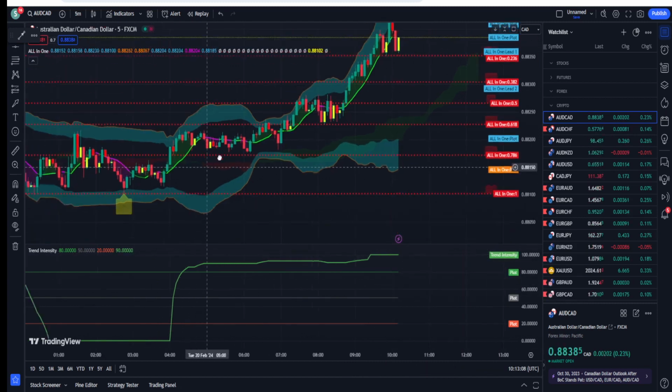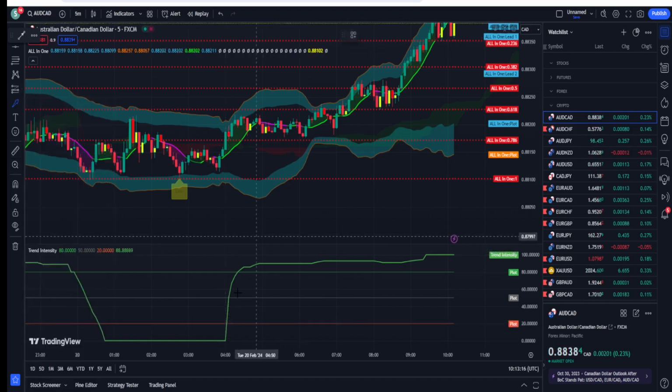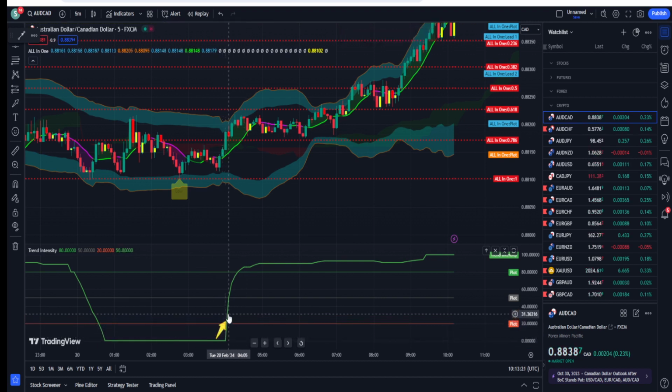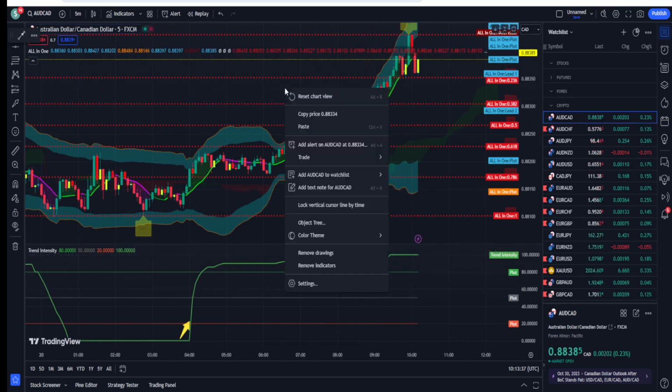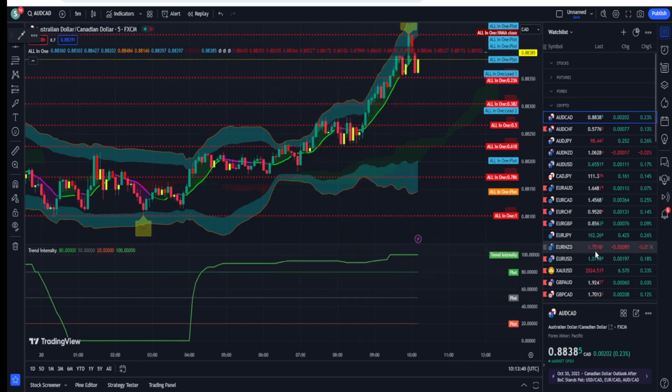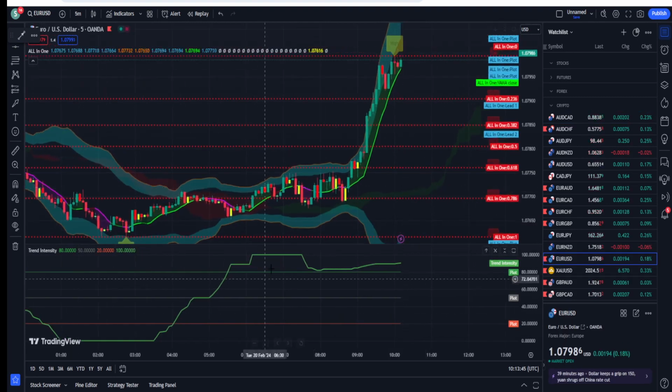Okay, so if we look at this scenario, it was overall straight here, and here it crosses the red level. I'm going to mark this arrow so that you can understand. Look at this point. The green line is directed upward, and it is crossing the red level. So let's have a look here. Almost here we get a buy signal. Now you can see, guys, the market simply went in the upward direction, and till now the market is straight. That is why I like the trend intensity indicator a lot, because it saves you from the fake moves.